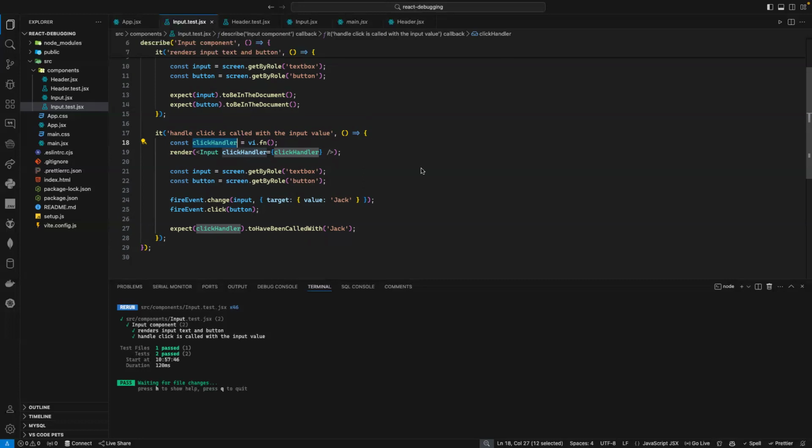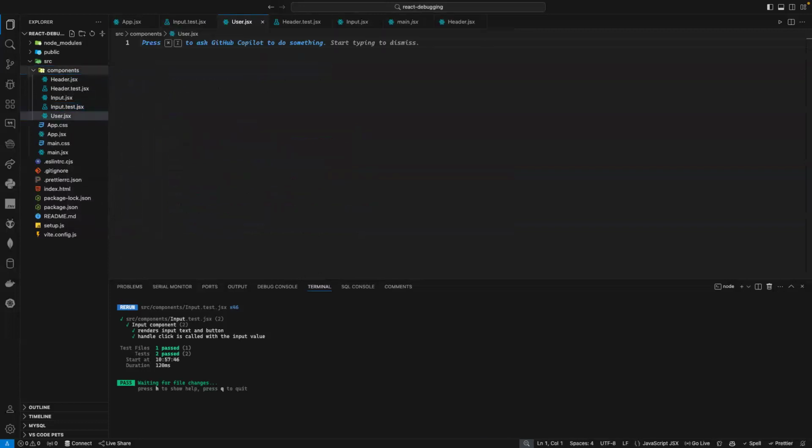Good. Now the last one here, I will try to test when I'm sending a request to a backend. Now I will not actually send the data to the backend to get it, but I can test it. I can mock it. Mock it means I can fake test it. So in order to do so, let me create a component here, and I will create a new file. I will name it